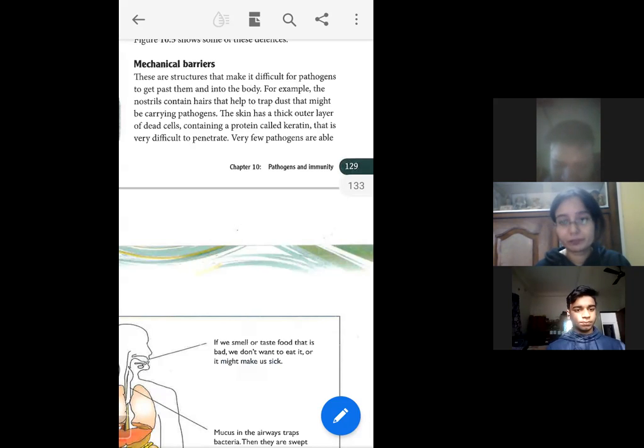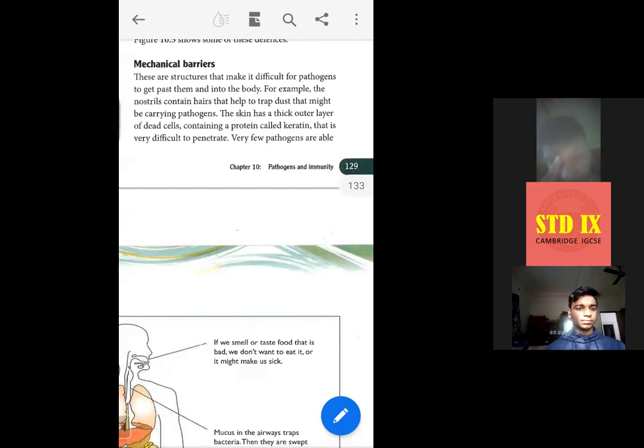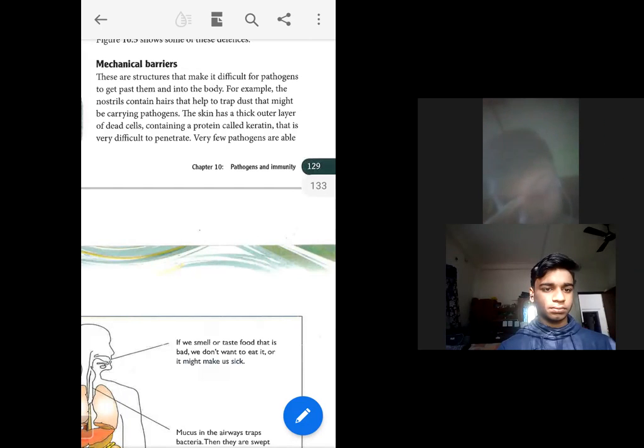Similarly, you have seen chemical barriers like mucus. Mucus is a very slimy and sticky structure that does not let the pathogens in. HCl is there that will kill the pathogens if it reaches the stomach, right? So these are a few. So now you understand what chemical barriers are? Yes, ma'am. Understand. Okay.